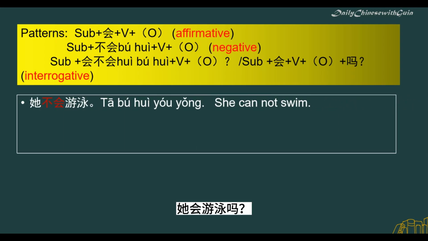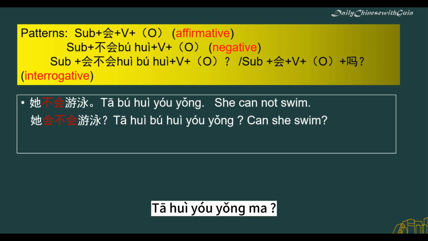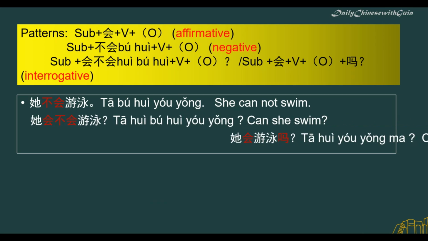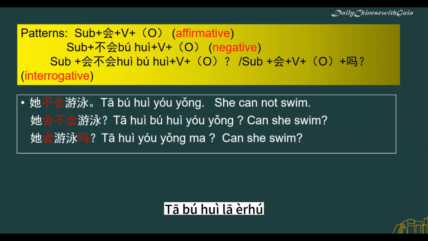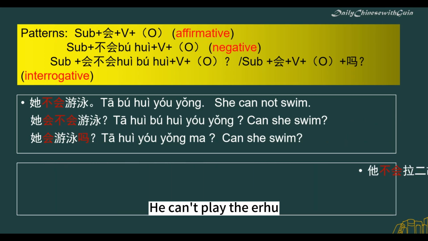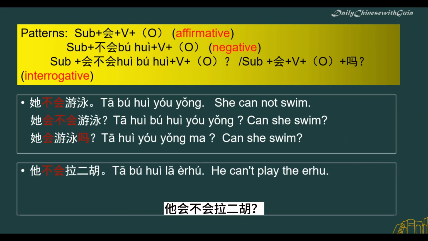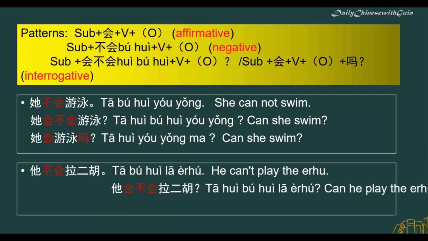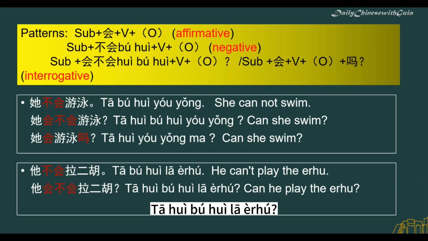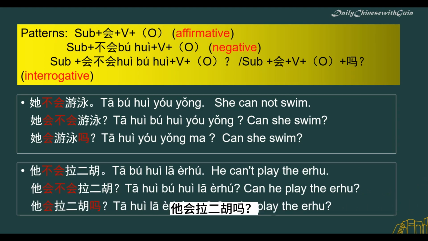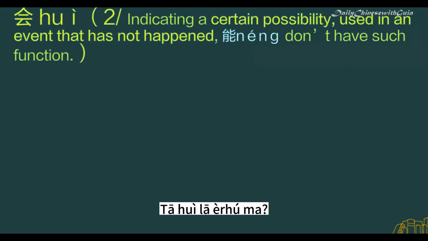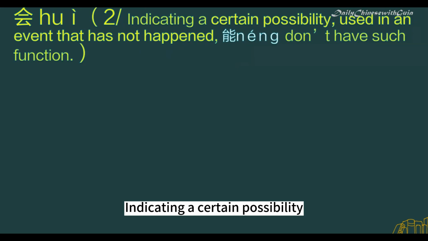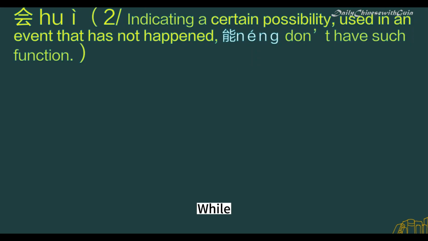Firstly, 他不会游泳。他会不会游泳？他会游泳吗？Now the second example. 他不会拉二胡。他会不会拉二胡？他会拉二胡吗？会 has another function, indicating a certain possibility in an event that has not happened, while 能 doesn't have